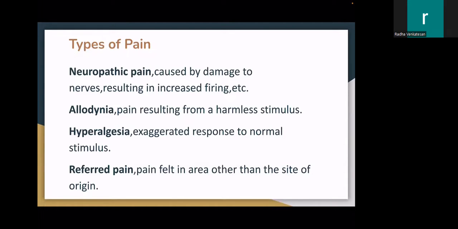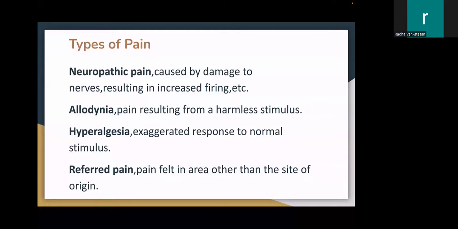Next one is hyperalgesia, an exaggerated response to a normal stimulus. For example, a small hit should have a certain response, but they will have an exaggerated response. That is hyperalgesia. Last is referred pain. Pain felt in an area other than the site of origin. For this, the common example we give is